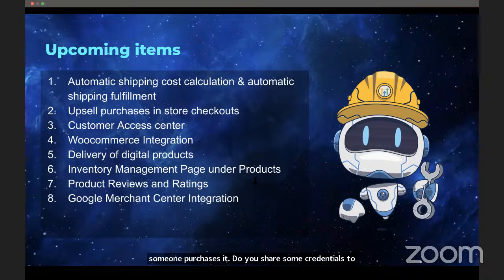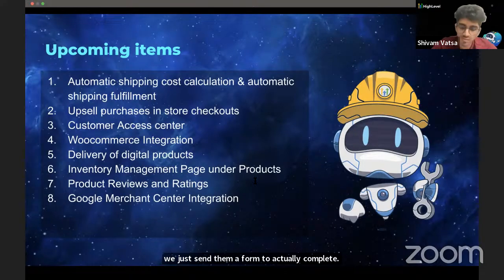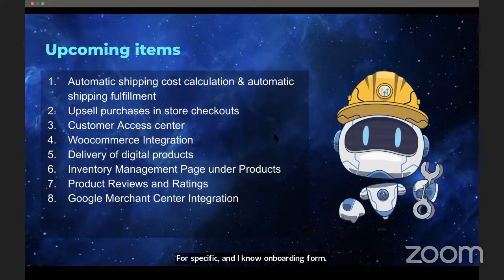So for me, once the user purchases the product, there's no community they have to log in to. Basically, we just send them a form to complete, a specific onboarding form. Got it. Producing the services. Yeah. But an example for me specifically, I'm about to launch an executive coaching funnel,